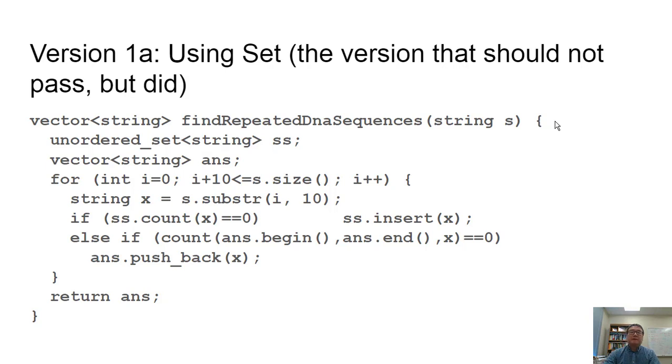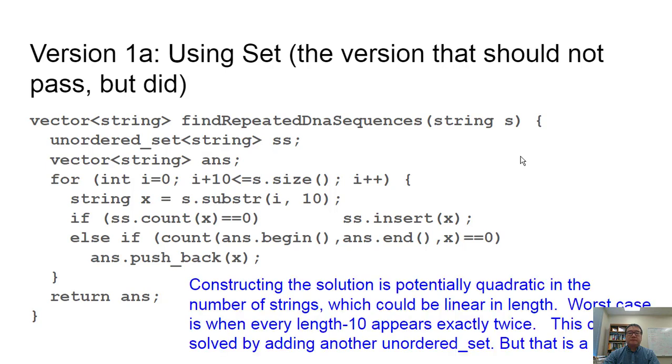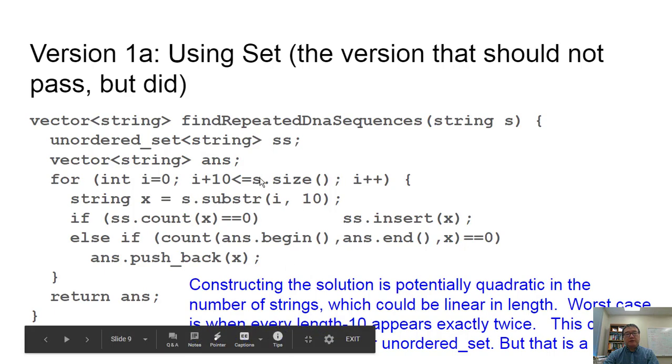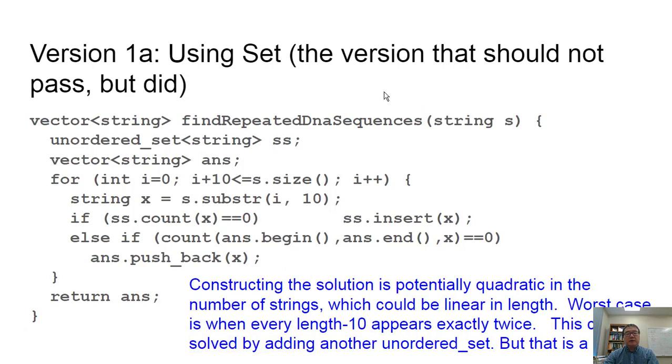So the reason is this part of constructing the solution is actually quadratic in the number of strings. So it's quadratic in the number of answers. But because the number of answers could be linear in length n, so given the length n, there are n